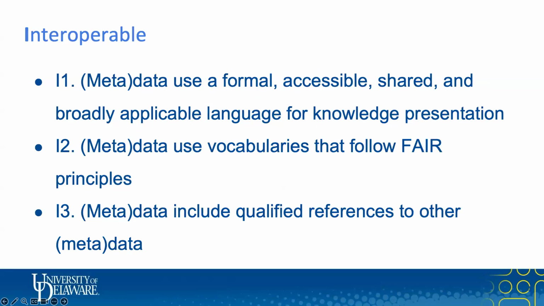Store your code on GitHub and share preprints to enhance accessibility. Interoperability means data can talk to other systems, but how can we achieve that? We should use standard formats, for example, comma separated values. Tag data with controlled vocabularies or ontologies, so computers and humans can understand it. Avoid using jargon. Clear language bridges gaps across disciplines.